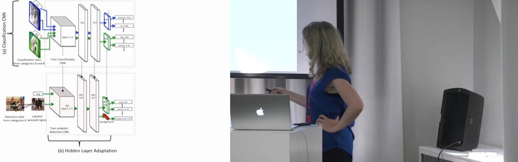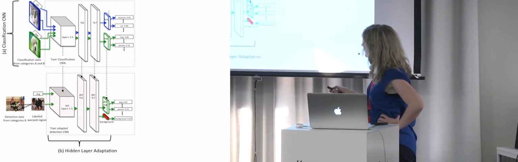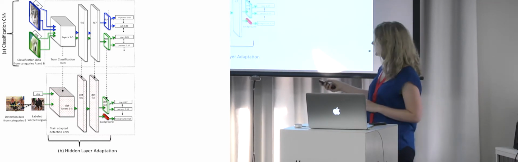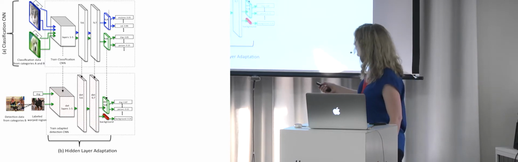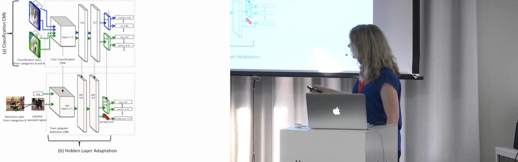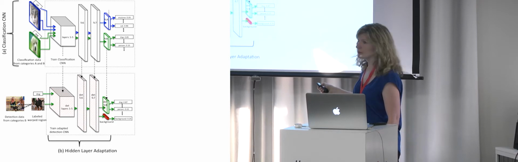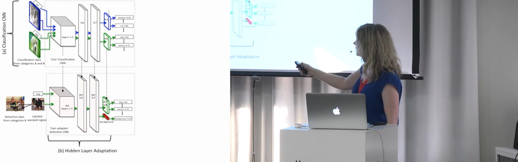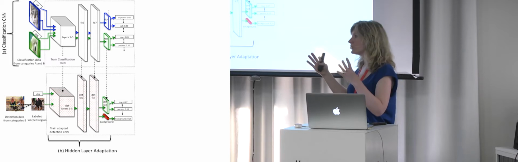No, so because we have these bounding box labels, the input to this network will be the regions, just like I showed you before, we have these regions. Sorry, I forgot to mention that. So we're not going to be using whole images, we're going to be using regions. And for the regions that have the actual object in them, the label will be one of the categories. But for a region that has background in it, then the label will be background. And the red here is just to indicate that we're going to learn this from scratch. We didn't have this in this network at all because we didn't have any background. The whole image was assumed to be the object itself.